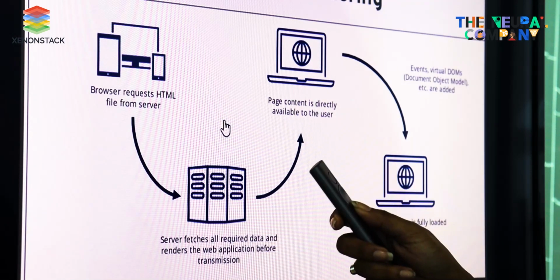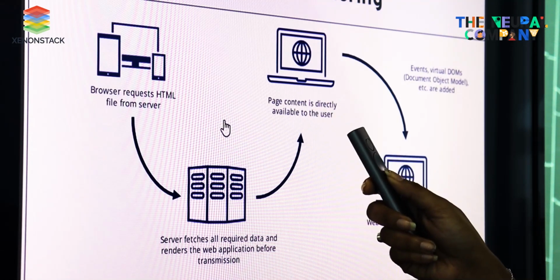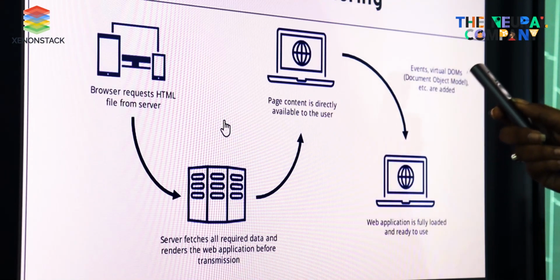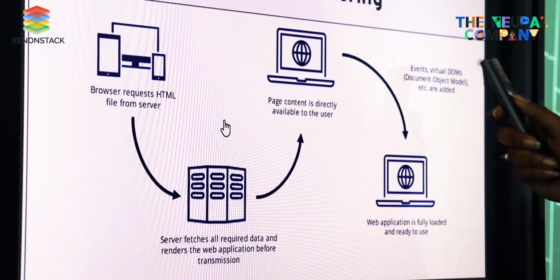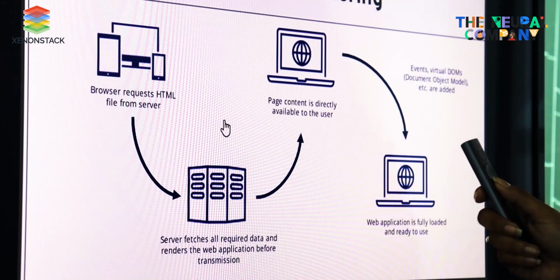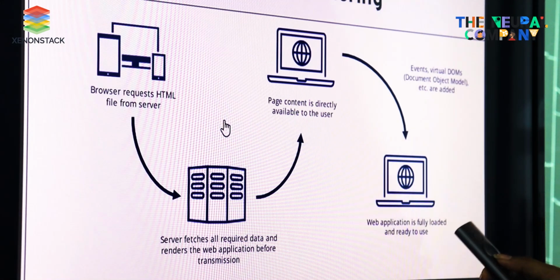The server makes HTML and CSS together and sends it to the web page so that the user can see all the things together. Then events, virtual DOMs, etc. are added in parallel while the user is taking time to understand how the web page actually works. Then the web application is fully loaded and ready to use.